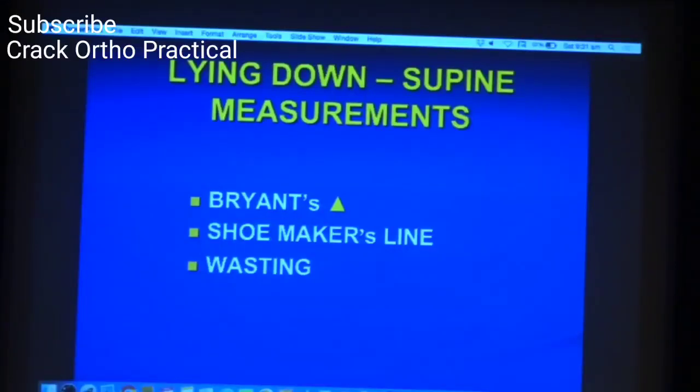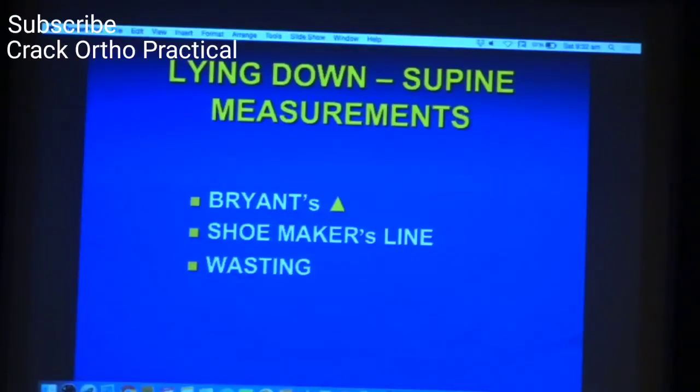However, there is another parameter called the shoemaker's line. We discussed it yesterday. We will not go into the details of it, but shoemaker's line is likely to be more accurate or more informative, and it will tell you that there is a bilateral supratrochanteric shortening. Both the tips of the greater trochanter, they fall short. They are proximally placed to the Nelaton's line. It tells you that there is a bilateral supratrochanteric shortening.